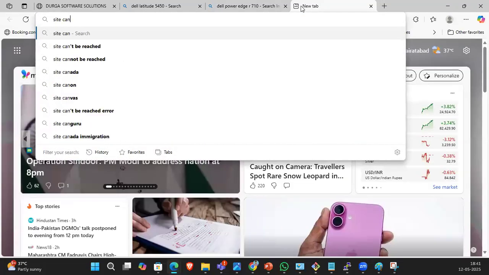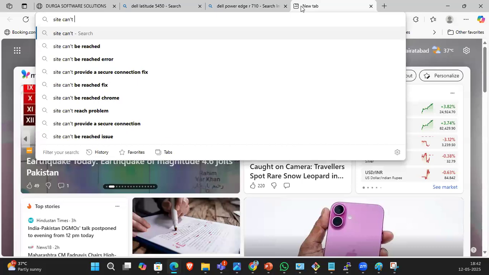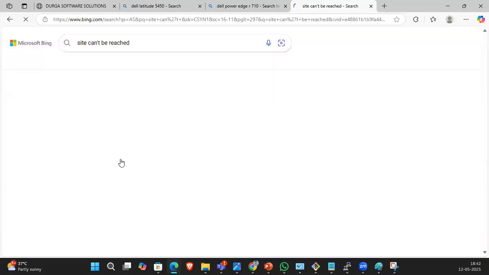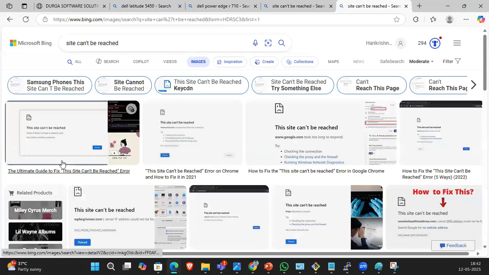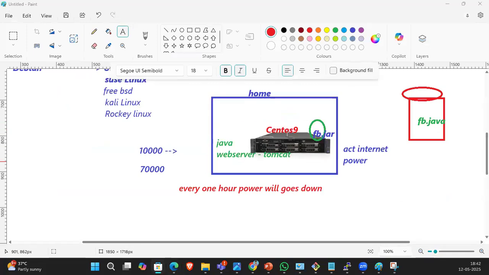Site can't be reached. Whenever you click facebook.com, it shows the site cannot be reached. Why can the site not be reached? Because your hardware is shut down.